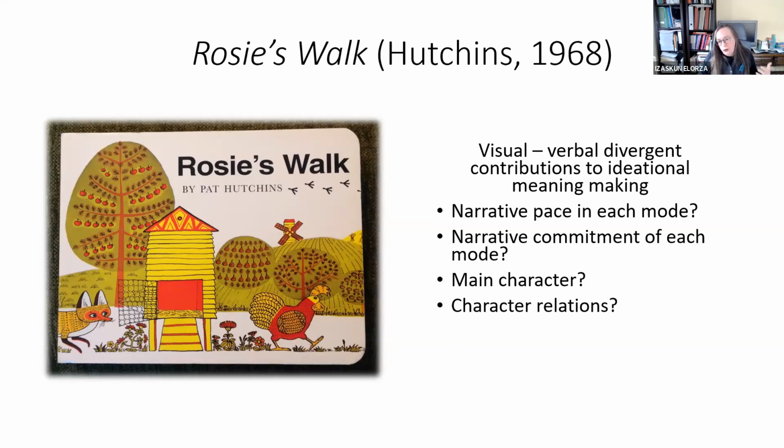So when we are going to analyze this, we have to make these decisions. I mean, if I'm going to describe the characters in the story, I cannot avoid focusing on the fox, but the fox is not represented verbally. So it's how this intertwining is going to make things more complex in terms of analysis, so to speak.